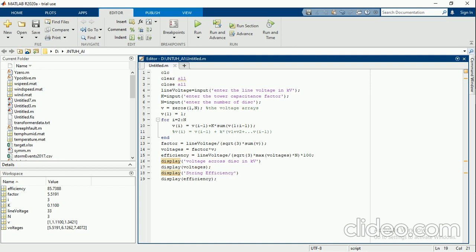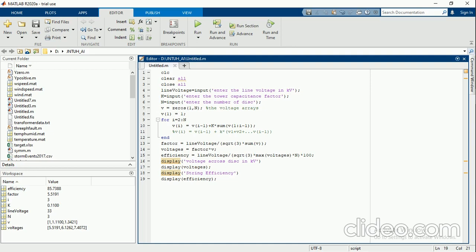Here I'm taking the line voltage value from the user by using the function input. Whatever the statement is between the inverted commas, it will be represented in our command window. You may write line voltage or simply voltage, whatever.